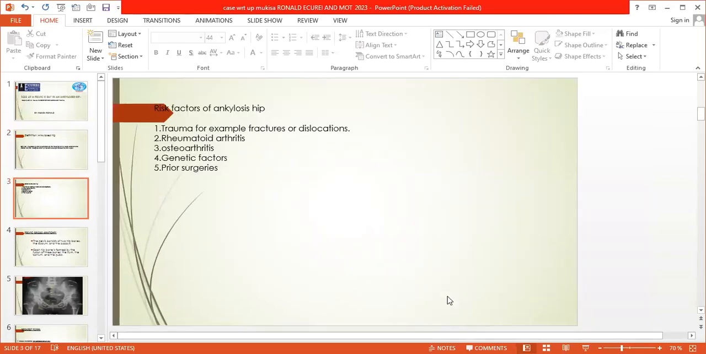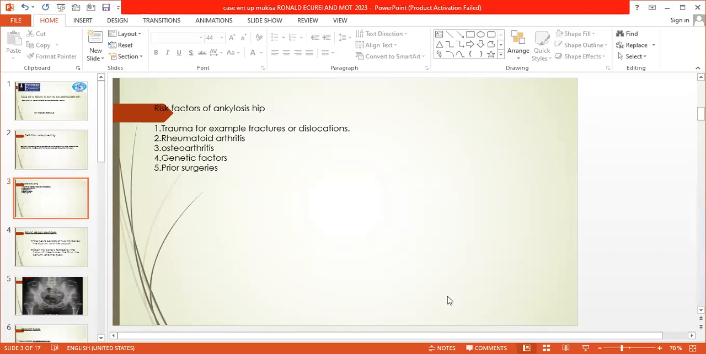The risk factors, as I had said, include trauma, for example fractures or dislocations. Fractures or dislocations might contribute to this pathology in such a way that they can increase the risk of developing an ankylosed hip. When we have infection, in some cases an infection of the hip can lead to inflammation and fusion of bones, resulting in an ankylosis, as I've said. Then we have